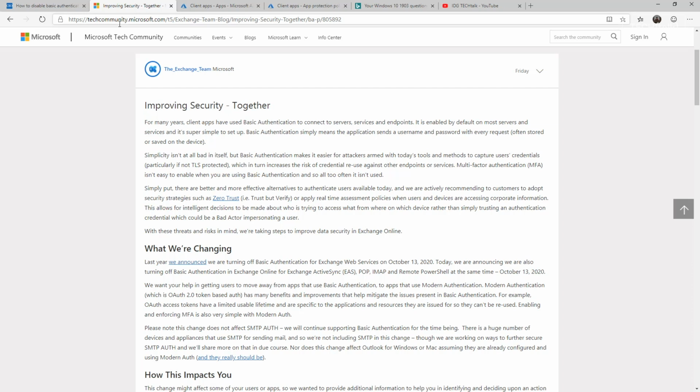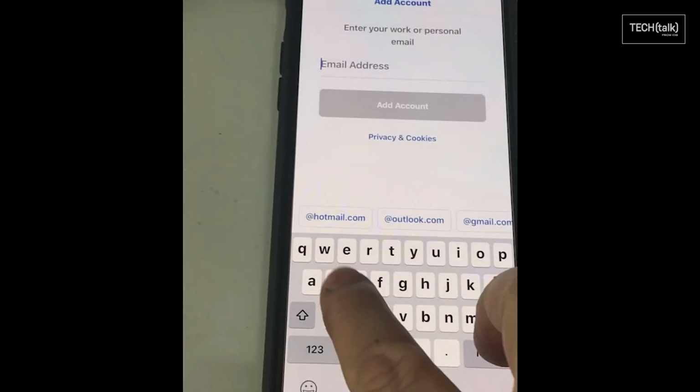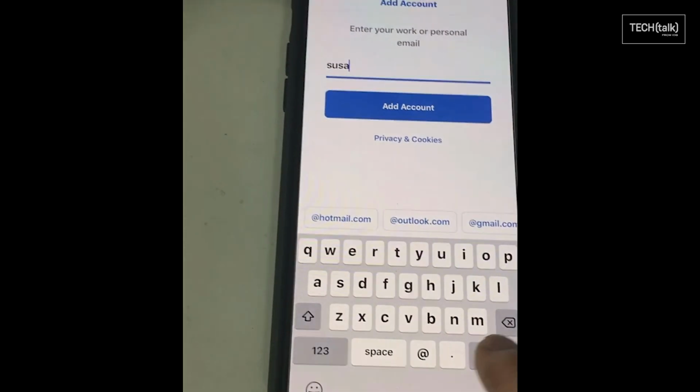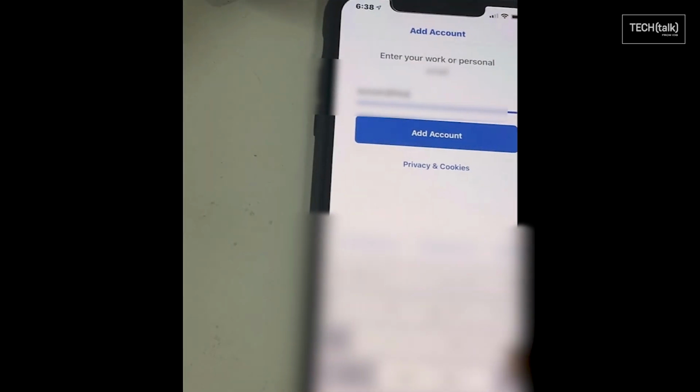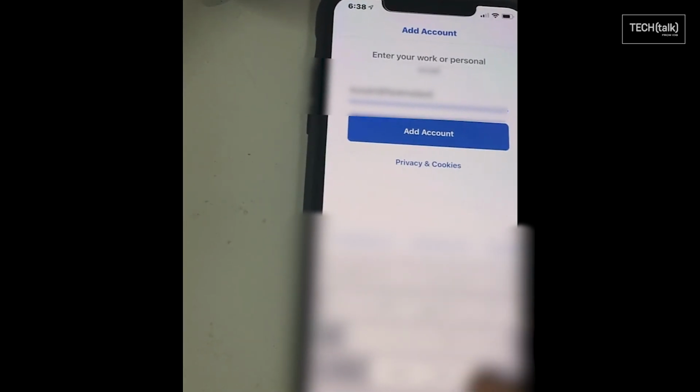But if you're using the native email apps on your iPhones and your Androids, you want to probably move people over to the Outlook app instead. You want to be a little bit proactive to get your users ready for this change. Now in the Outlook app, if you have Auto Connect set up, you can merely put in the email address and it will sense the right application to go to. Obviously, if you spell your email address correctly in the first place.